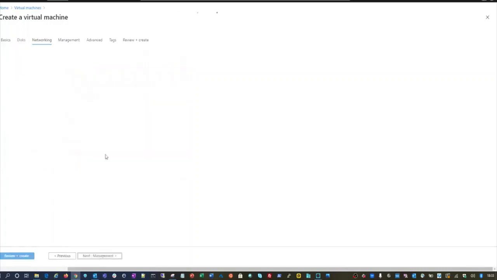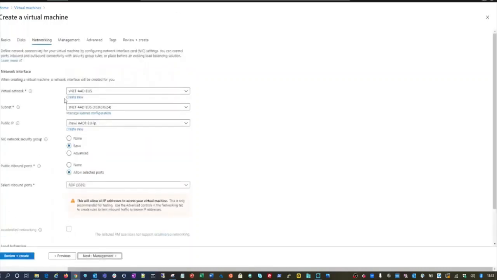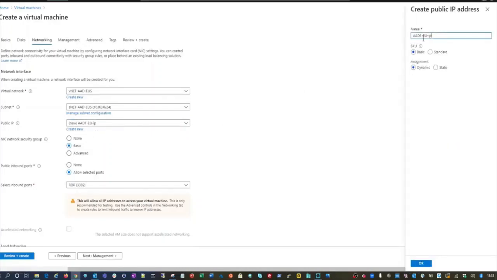Click next for networking. The default network I have is already selected here, and let us create a new public IP and name it AAD1 EU PIP. We'll have basic, and assignment will be dynamic. We can have static, but I think I am using a free trial, so it may not allow us, so I will have basic.